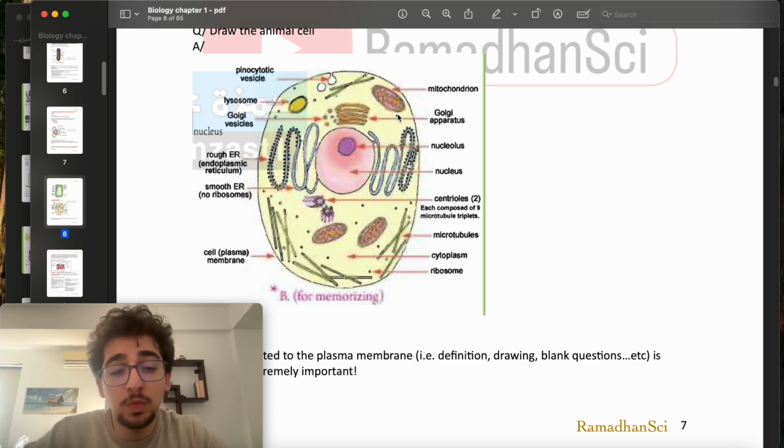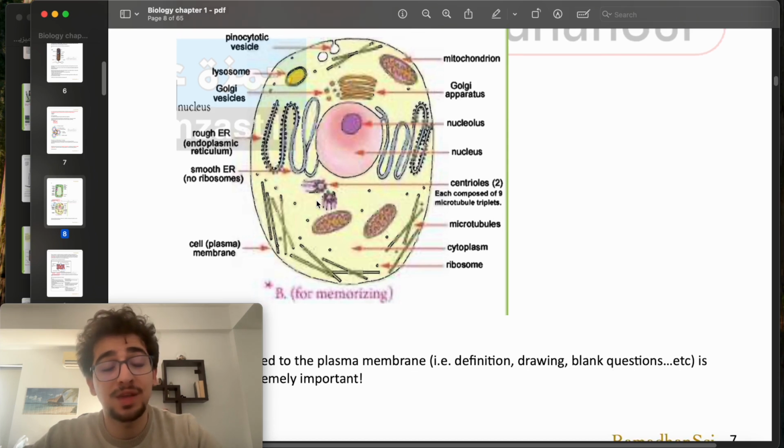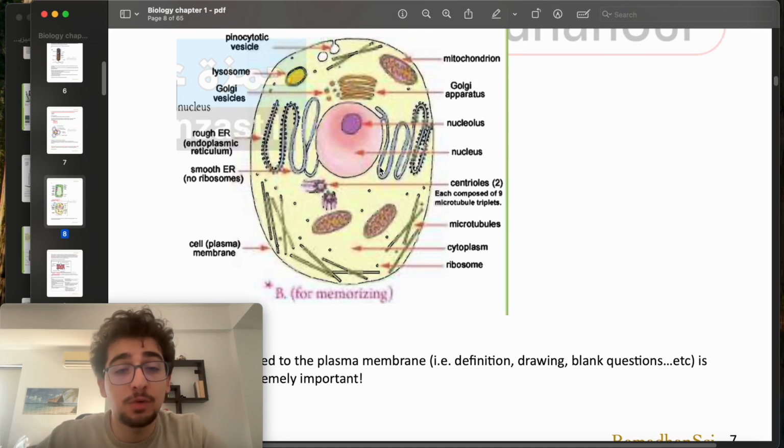So when we want to describe the location of the structure, we will just say that it is from the cell membrane here to the nucleus here. So everything from the cell membrane to the nucleus is the cytoplasm. This is the location of it. Okay? One more location, the other location that is in common with the cytoplasm is the endoplasmic reticulum, as you can see here. This is the endoplasmic reticulum.